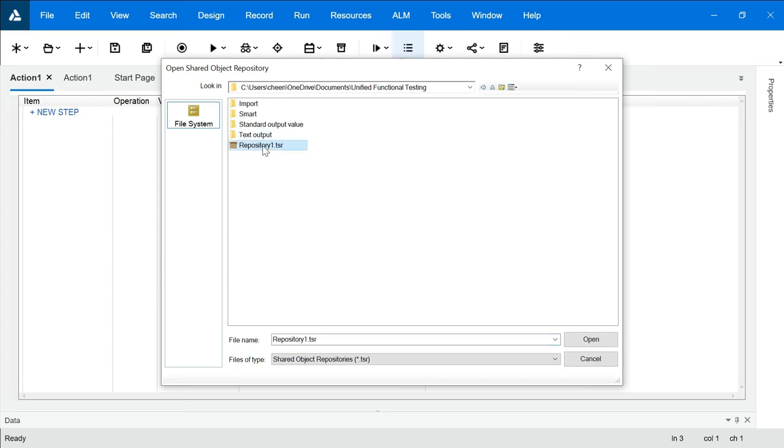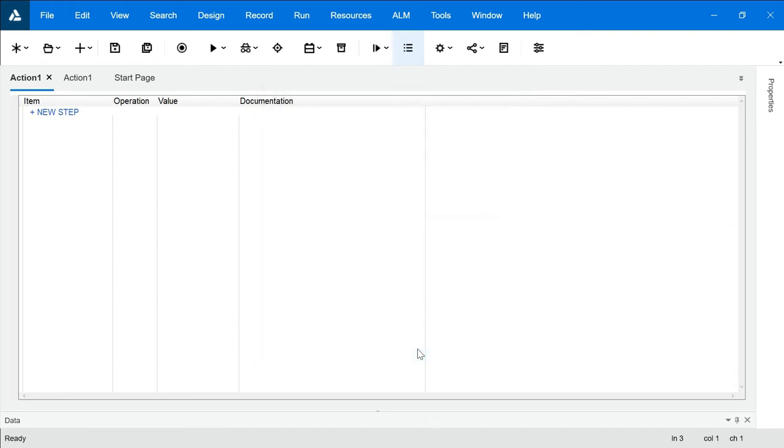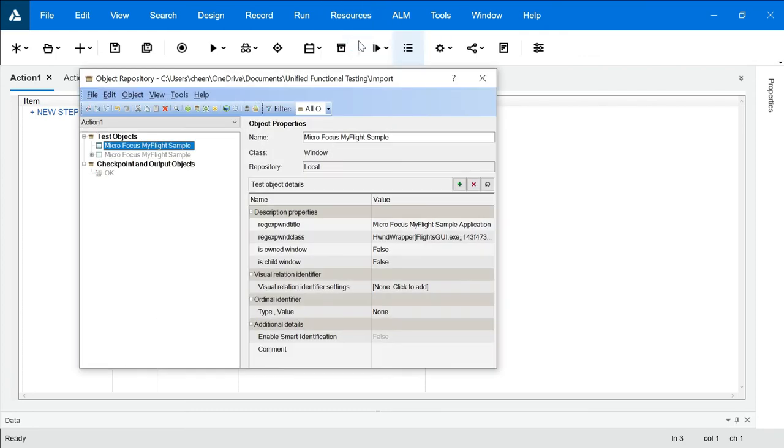You can choose this repository over here, which you have just exported. Click on open and see. Action 1 has been highlighted. If you want to import this action in your current recording, you can send this to the side, associate actions, and click on OK.